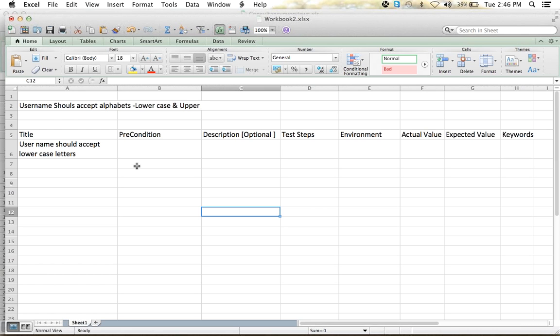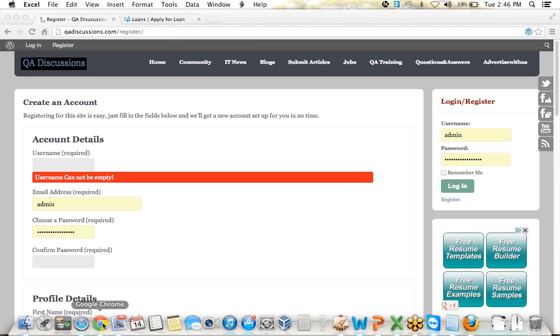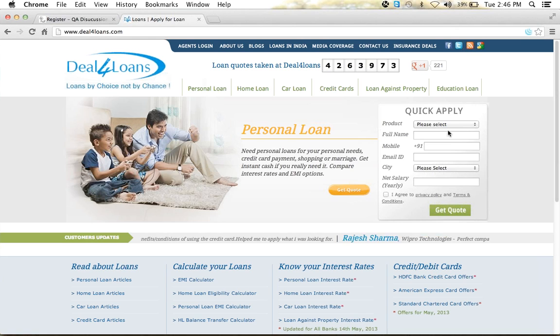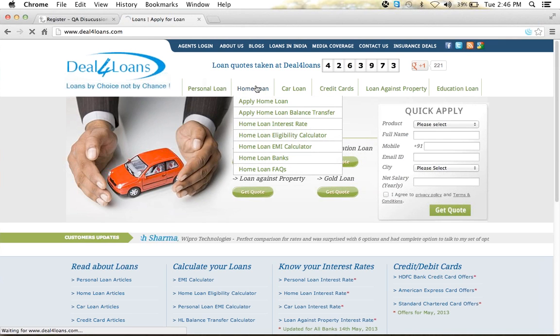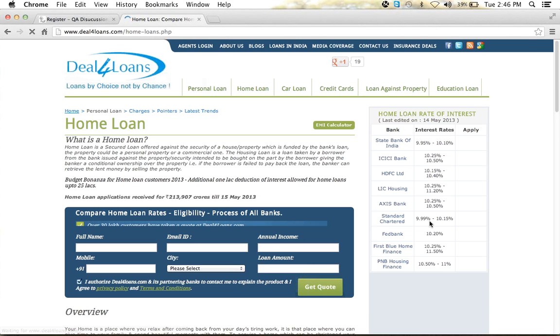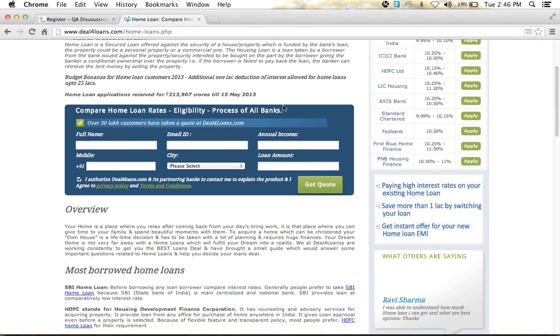But for a minimum test case, we need to have a title and a condition. Description is optional. Why do we have a description? We are giving some additional information. For example, if you have a registration form in a particular application two times, like if we say a deal for loans, here you can have a get quote, and again if you go for home loan, here the same similar form is there to get a quote for a home loan.